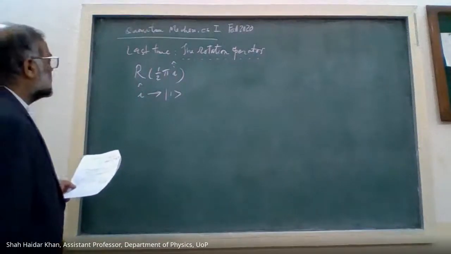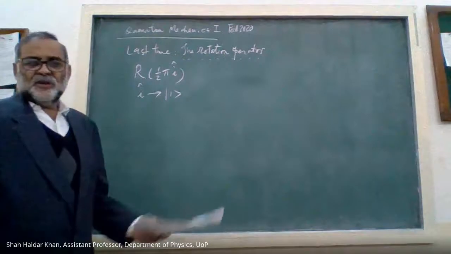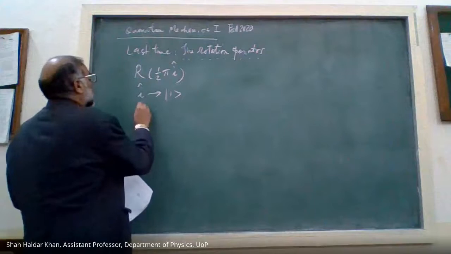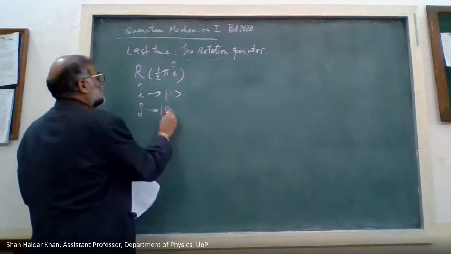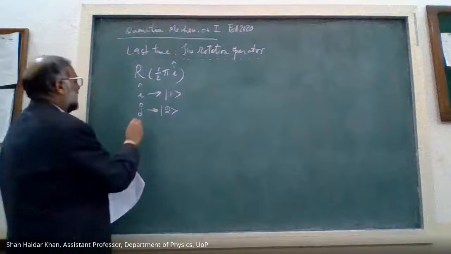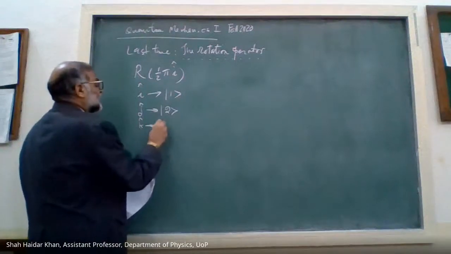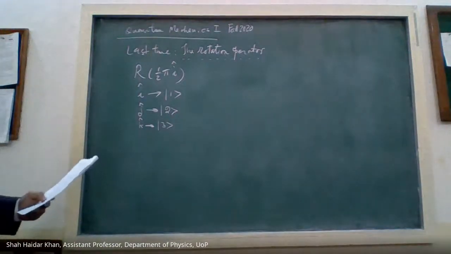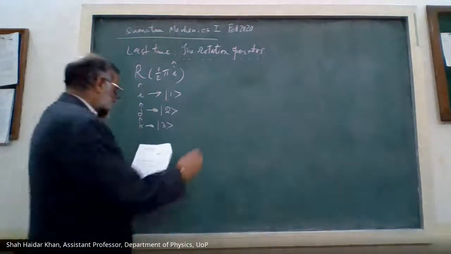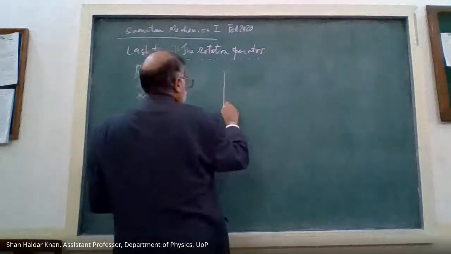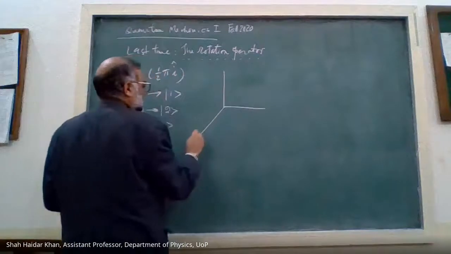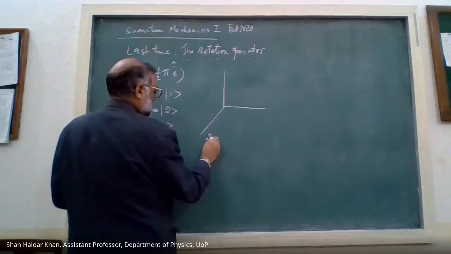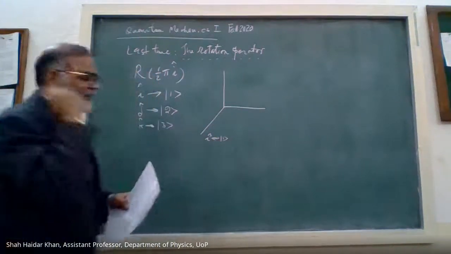Suppose we have a three-dimensional coordinate system, so J would be k2, and K is represented by k3, right? And we said that if we have a system like this,